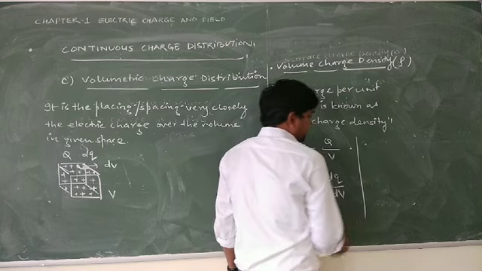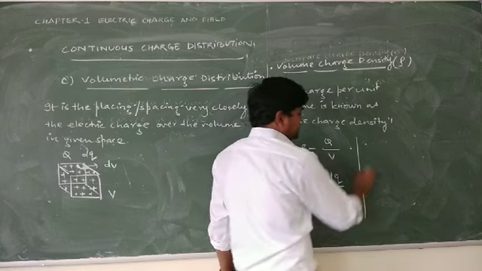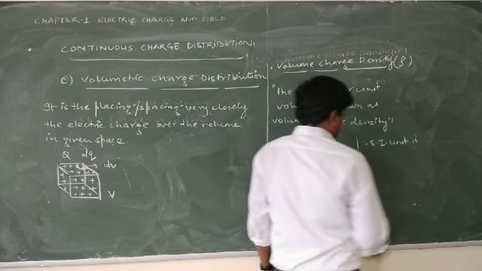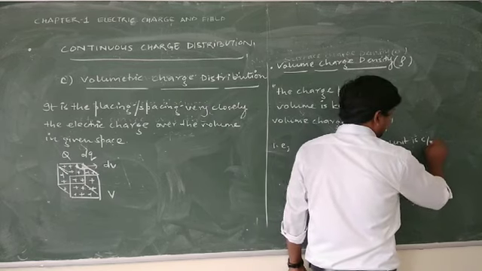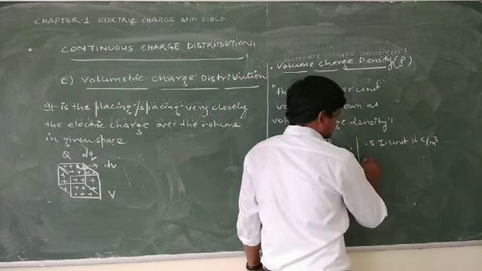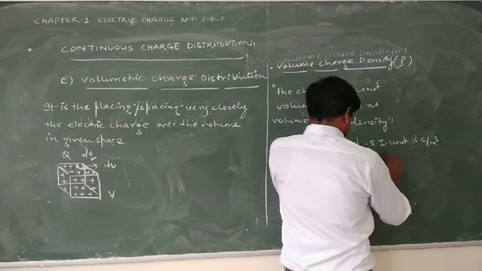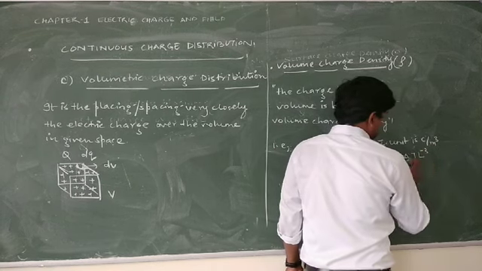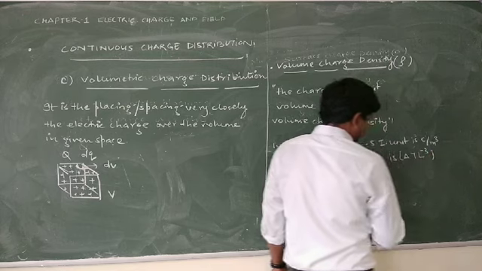It is a scalar quantity having SI unit. SI unit is coulomb per meter cube. Dimension formula is AT L inverse cubic. It is a